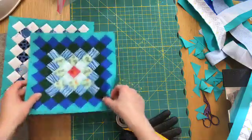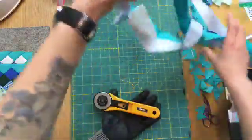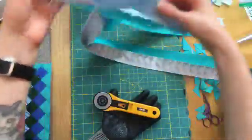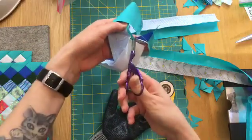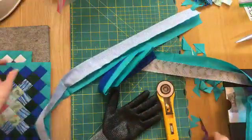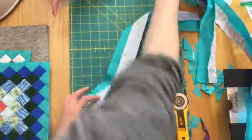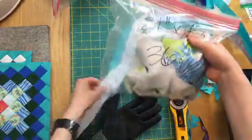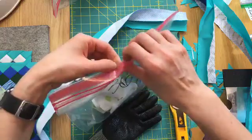All right, 2 done, and we are working on 2 at the same time over here. So, all right, so I can snip this off now. And we actually need 2 of the next size down. So we were at 28 before, now we're at 21 inches. So I'm going to close my eyes again and